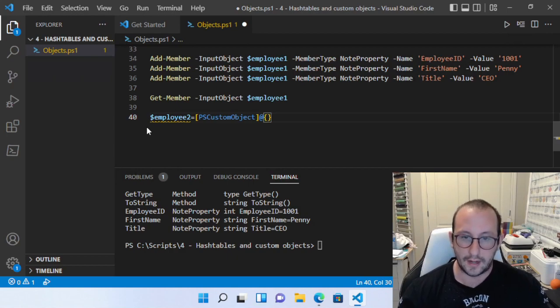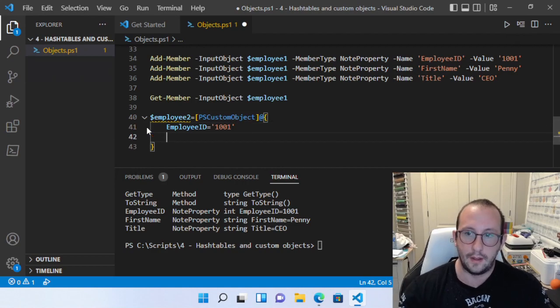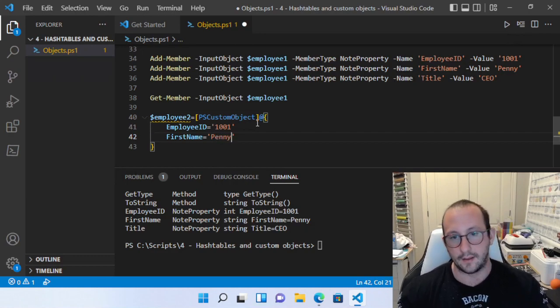We can hit enter and put in EmployeeID equals 1001, and then FirstName equals Penny. Now you might be wondering, I thought that the @ symbol curly bracket was a hash table,